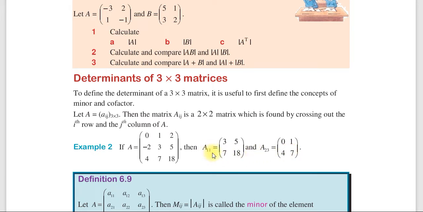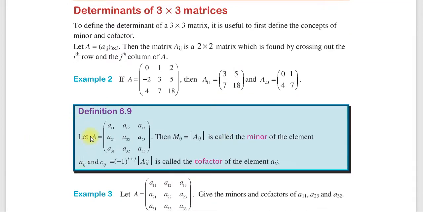A11 ማለት አንደኛው ኮለመን እና አንደኛው ሮ ሲጠፋ እንደማለት ነው። አንደኛው ኮለመን ይሄ ነው፣ አንደኛው ሮ ይሄ ነው። ስለዚህ አጥፉት። ስታጠፉት የምታገኙት 3 5 7 18 እናገኛለን። A23ን ደግሞ ስናጠፋውስ ሰከንድ ሮ ሰርድ ኮለመንን ስናጠፈው ሰከንድ ሮ ማለት ይሄ ማለት ነው። ኦኬ ሰርድ ኮለመን ደግሞ ይሄ ነው። ስለዚህ የምትቀረን ማነች? 0 1 4 7 ኦኬ። ስለዚህ እነዚህን ኮንሰፕቶች ቅድሚያ መያዝ ያስፈልጋል ማለት ነው።